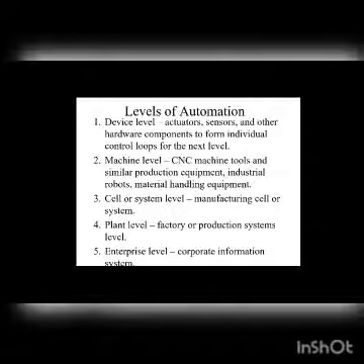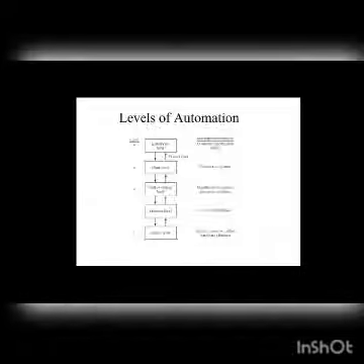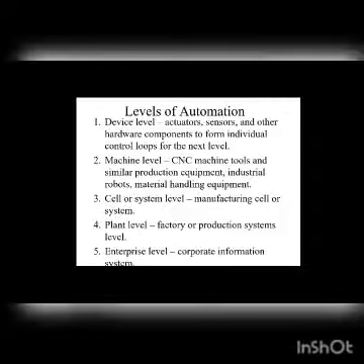At the enterprise level, corporate information system, they use an information system where the entire process is automated and every other group is informed. Let us say the design department is informed when they receive an order. The manufacturing system is invoked whenever the design is complete. So such a level of automation is at the enterprise level. So every time the automation has to be started in any factory from the device level, and it has to proceed towards the enterprise level.